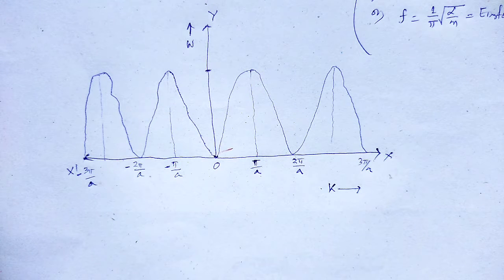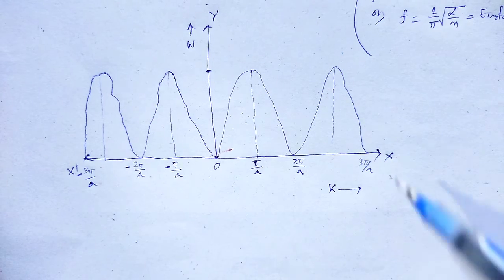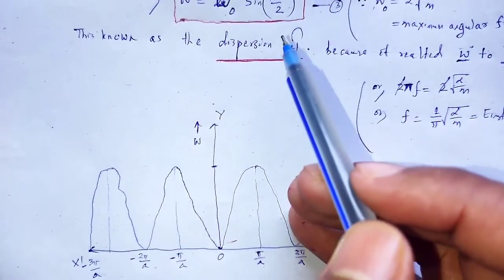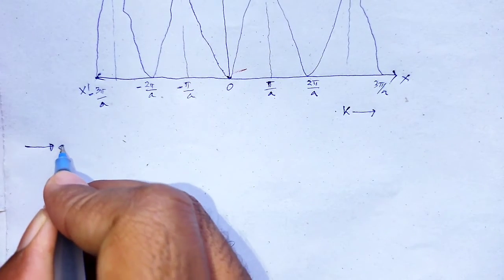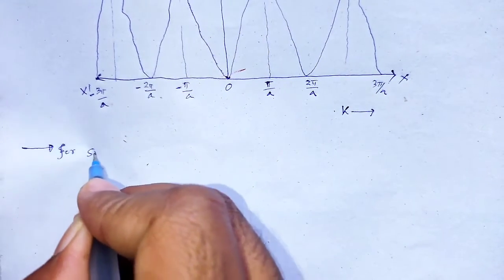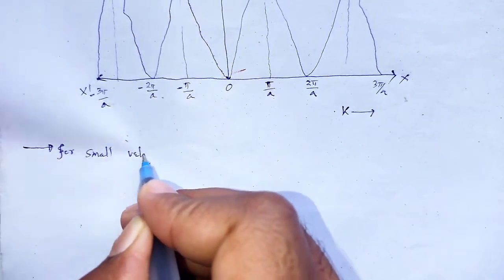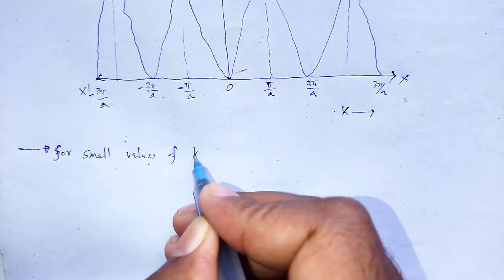And when we take that relation for small values of Ka,